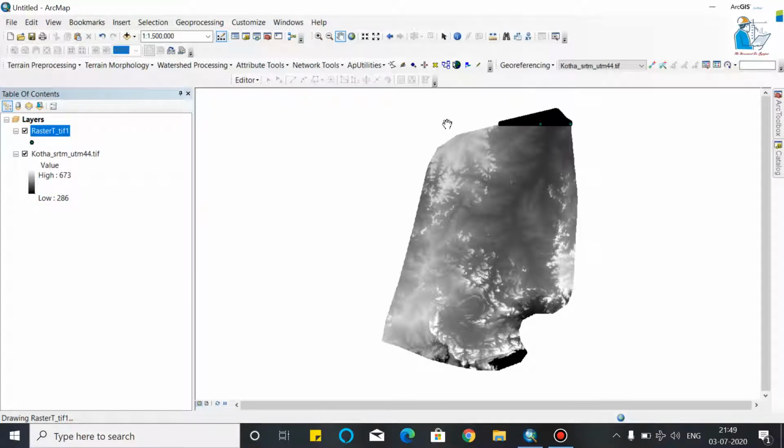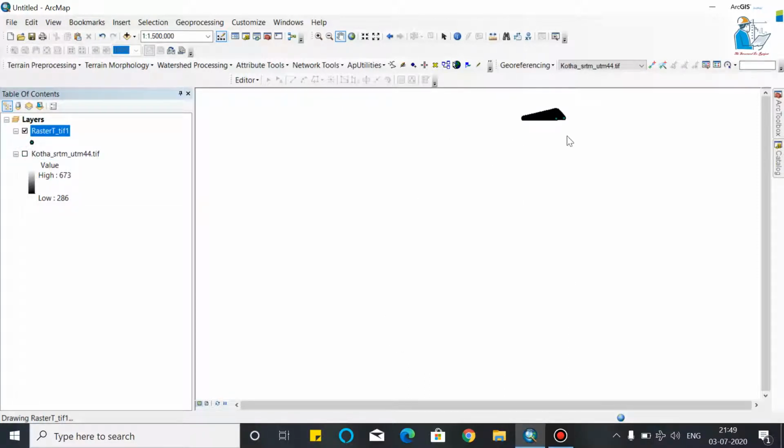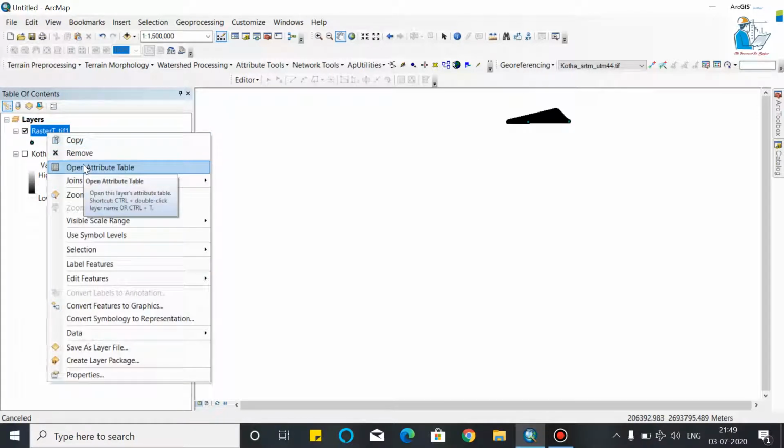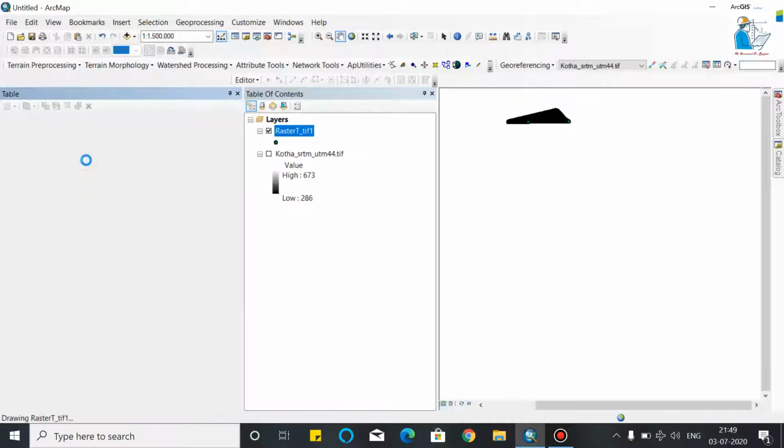As you can see, your Raster to Point is converted. This is your point. Right click on the layer and check Open Attribute Table.